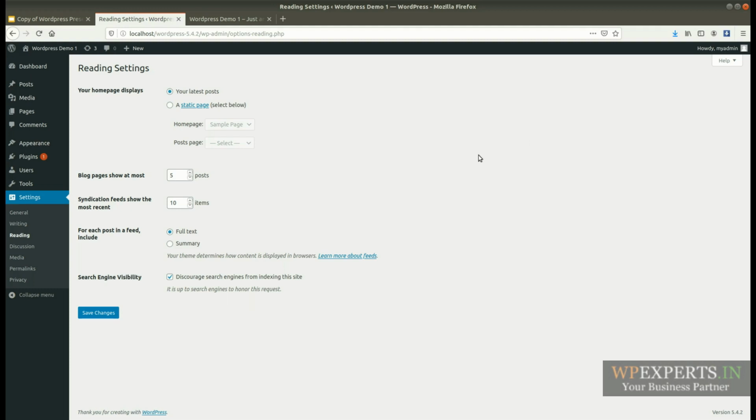This is very important because when we are creating a website on your local computer or on your staging server, you must check this box, otherwise your site will be indexed by Google before officially launching.